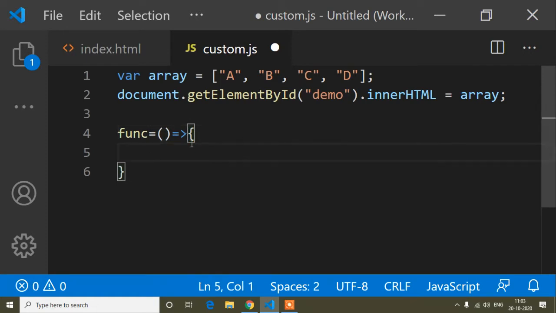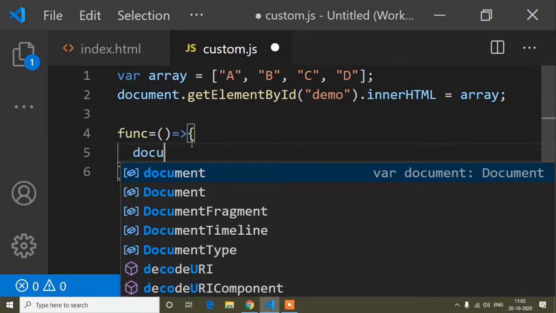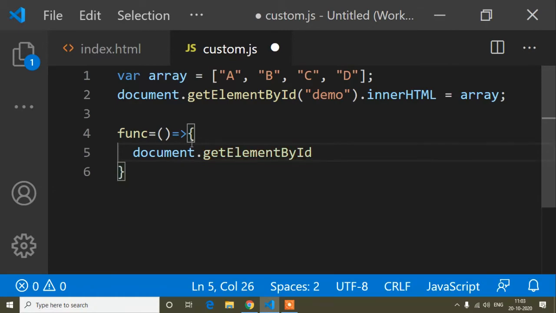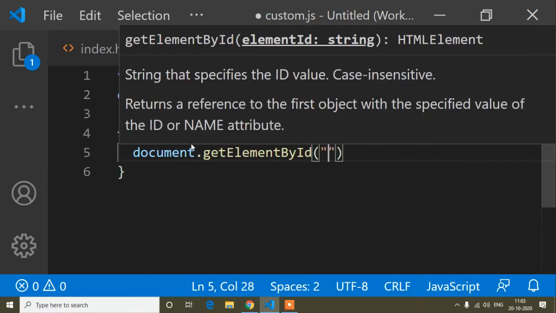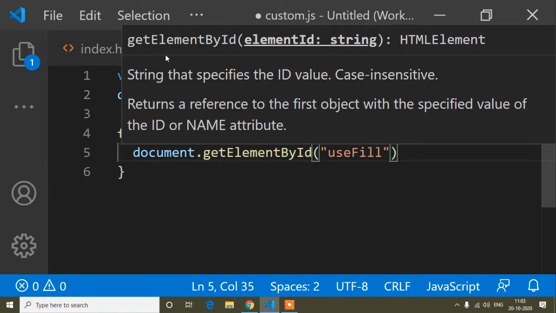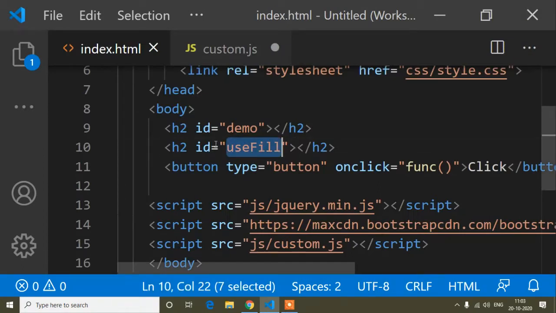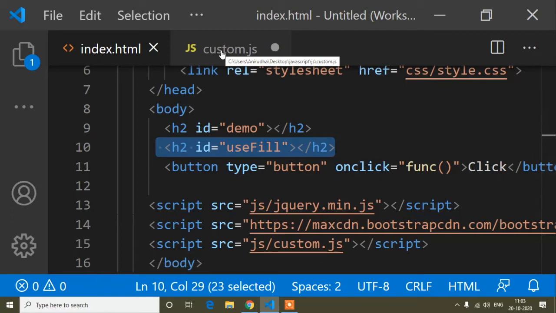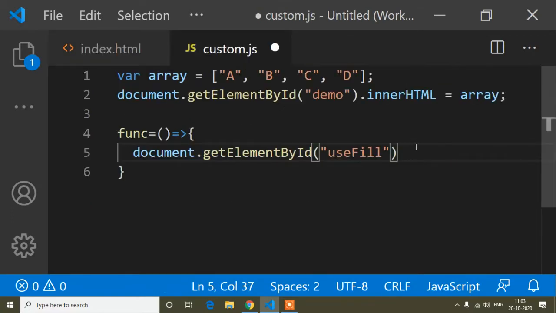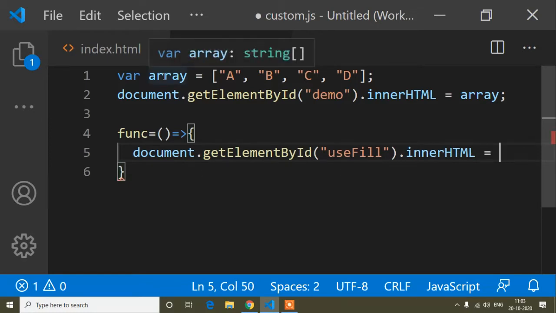Okay, and now here I will write document.getElementById, and now the id is usefill, which I copied from here, because in this h2 tag I want to print the array fill method. Okay, and now .innerHTML, and inside this innerHTML I want to use the array fill method on this array.